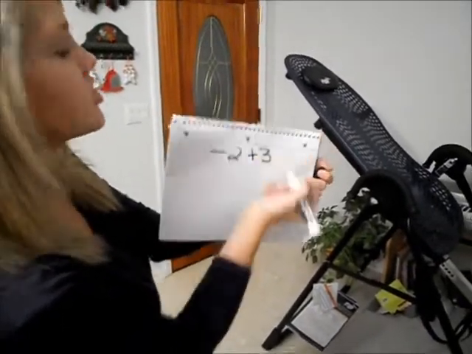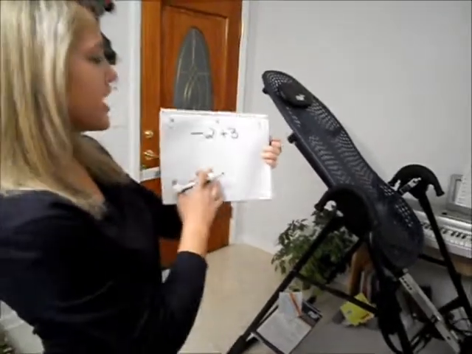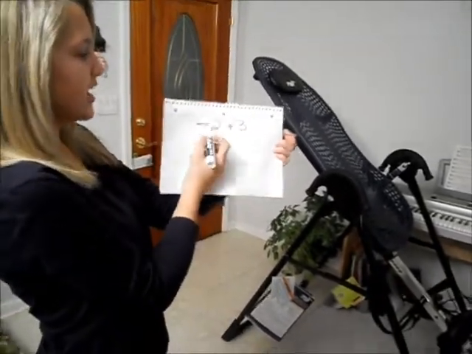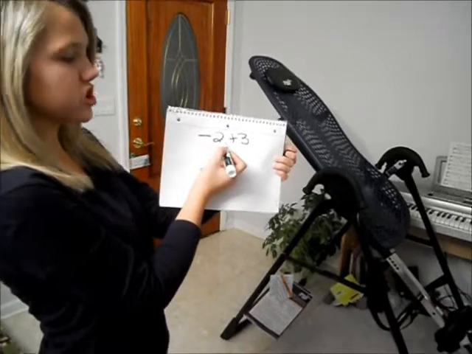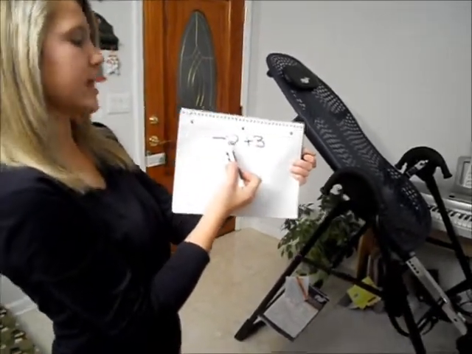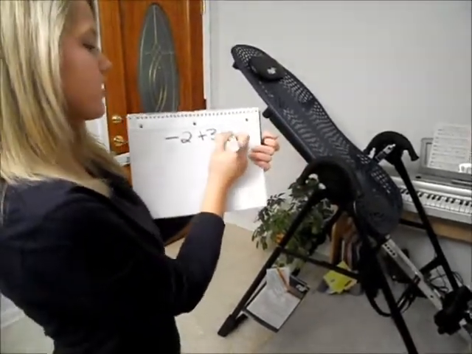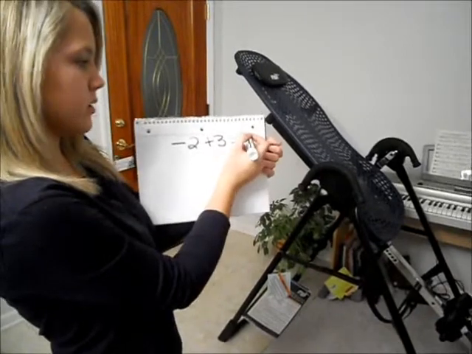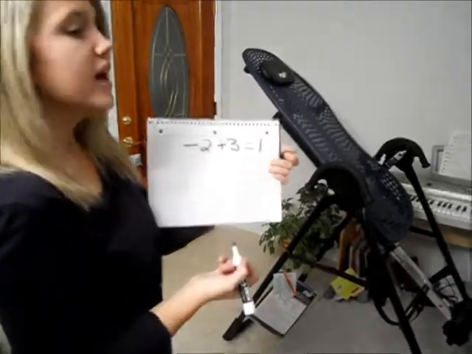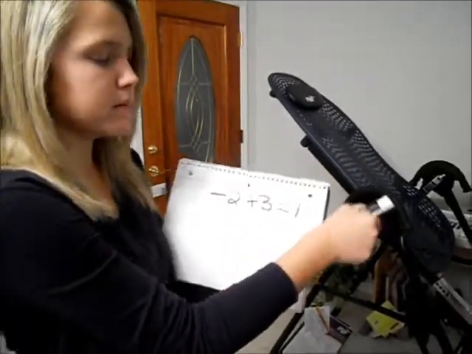Some students may catch on very quickly to just simply learning and memorizing the rule that you take the larger number, which is 3, and subtract the smaller number, which is 2. This is only the case when you have one positive and one negative. And then that would give you 1. And then you take the sign of the larger number, so that's a positive number, so it would just say 1. And some students can grasp that very quickly, however others may not,